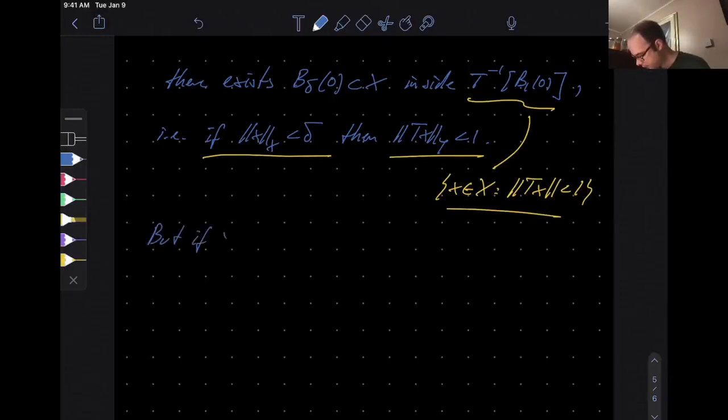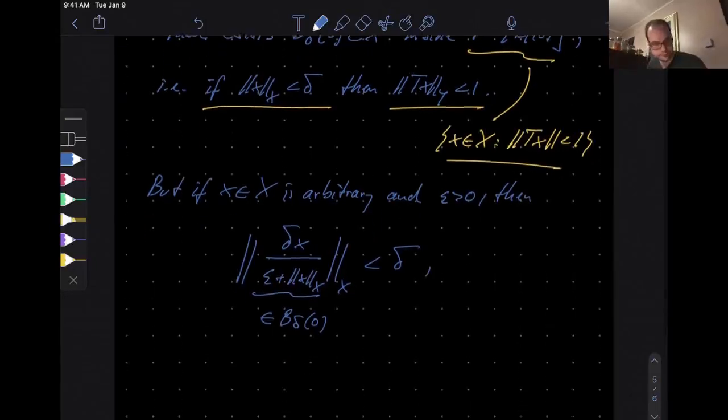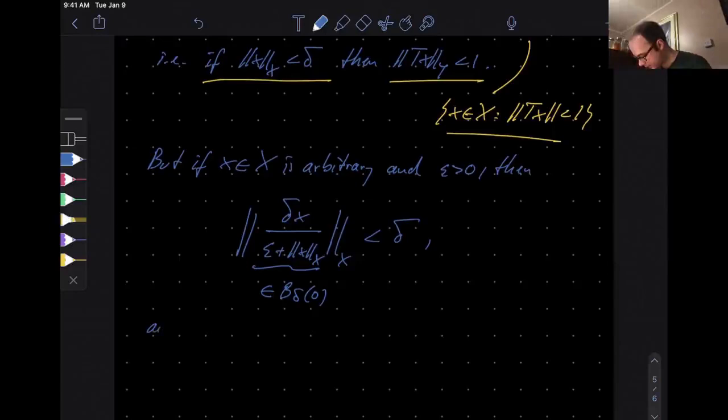Well, if x in X is arbitrary and epsilon positive, then let's look at this point here, delta x over epsilon plus norm of x. This is a point in X space, and what is the length of it? Well, you use the homogeneity of the length, you can pull out the delta, and then what you have is the norm of x divided by epsilon plus the norm of x. But if epsilon is positive, well, then this is strictly less than 1, so then the only thing that remains is the delta. So this is less than delta. So meaning this point here is sitting inside your disk of radius delta centered at the origin. Okay? So then, and therefore,